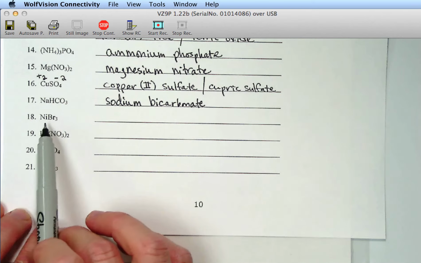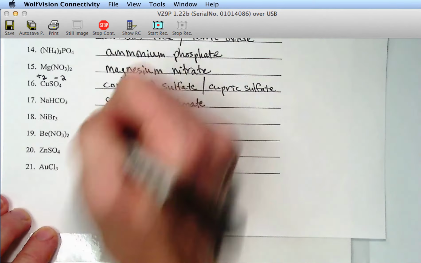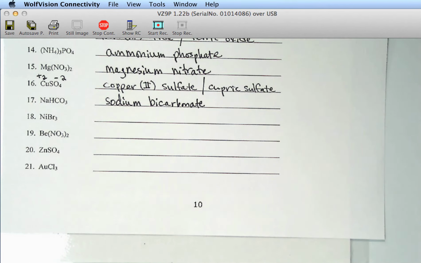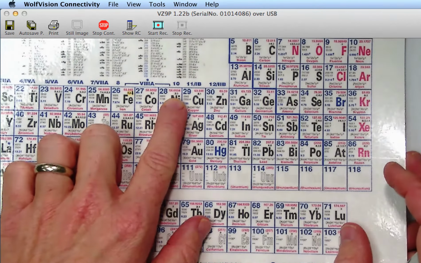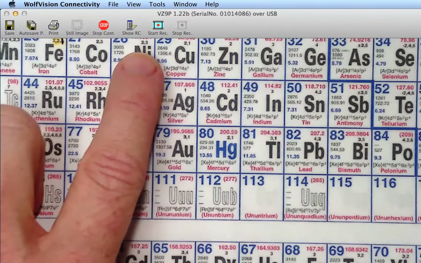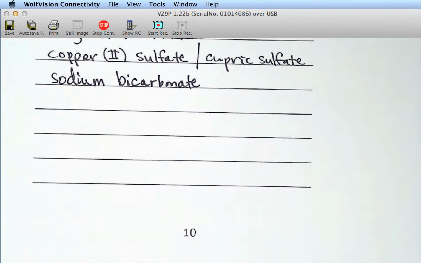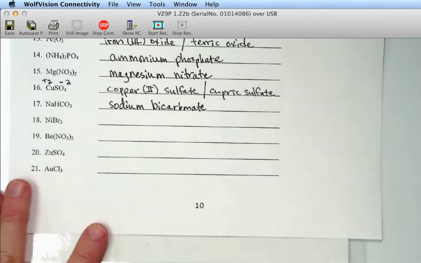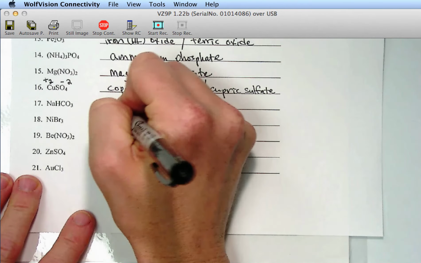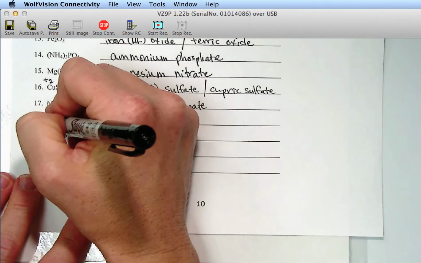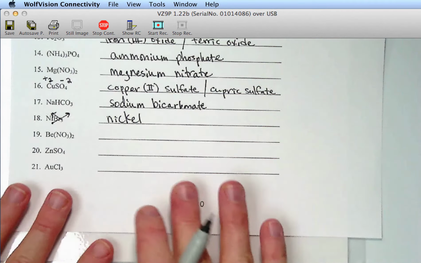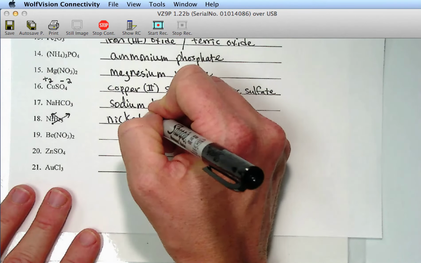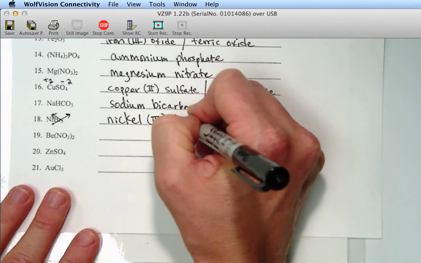Has so many uses. Okay, 18. Look on your periodic table. Nickel is, where are you? It's a transition metal, 28. It can be either 2 or 3. So you're going to have to use your Roman numerals. And you can do the cross and raise. You didn't even have to look at your periodic table, but just to double check. But it's not been simplified any. So this is nickel 3 bromide.